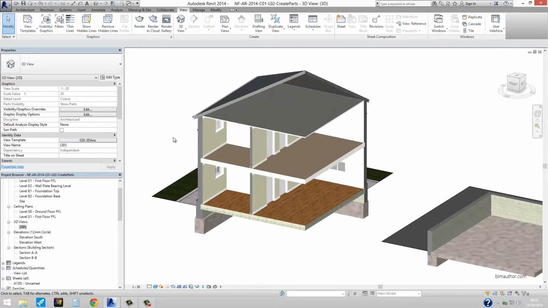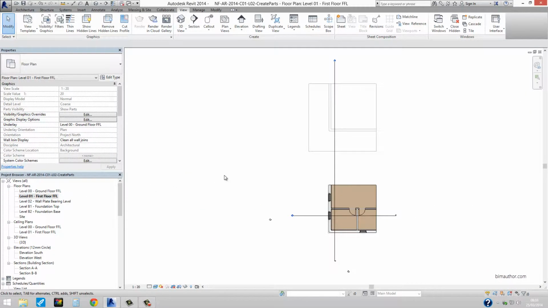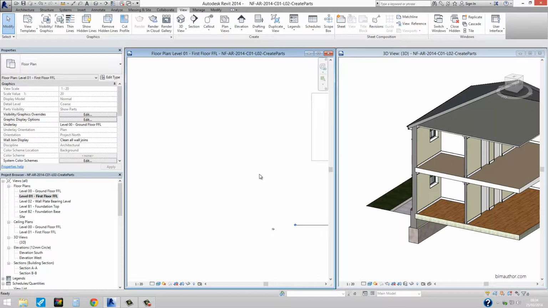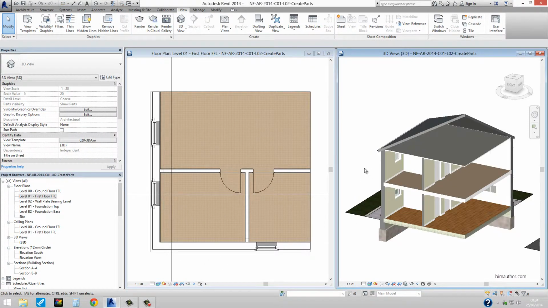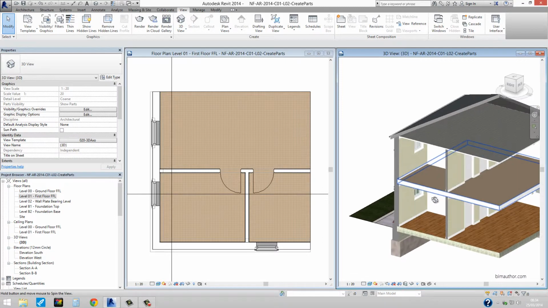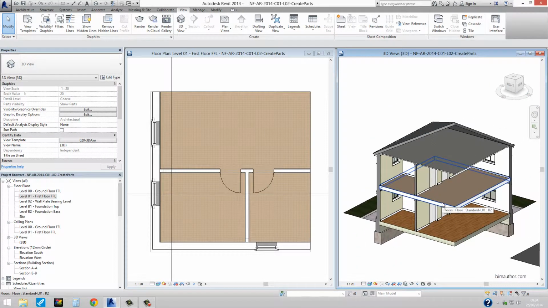Select OK. And also I think it's probably quite a good idea to have a 2D view open at the same time. So if we go to our first floor plan, window tile, zoom all, and then zoom in, it just helps with the sketching. So we want to break up this floor. So if we now pick the floor,